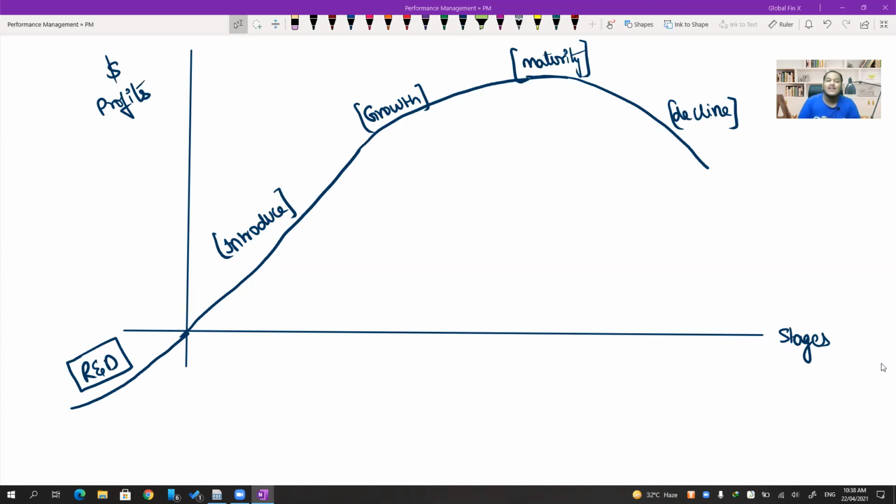Return to whom, my dear? From where will you return? Where does profit come from? This is the problem, sir. See, research and development I started incurring before the production started. How am I calculating cost per unit? I'm calculating cost per unit on the basis of material, labor, variable overheads, fixed overheads. Okay, fine. Who will recover the research and development cost? It has to be included in the cost per unit also, right? Only then will it be recovered, only then can you collect it from the customer. Then only you will be able to recollect that. Unless you include the research and development cost in the cost per unit calculation, you will not fix the selling price properly.